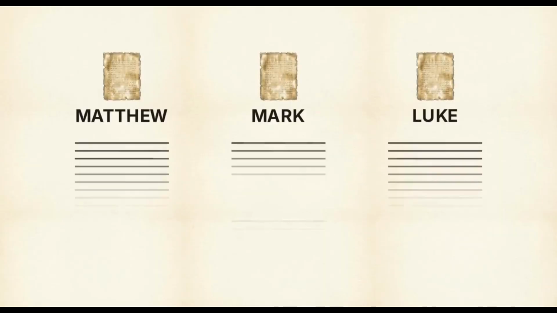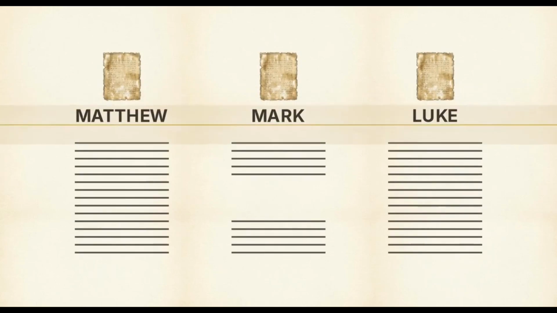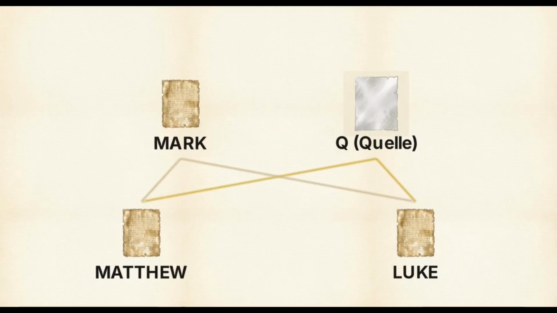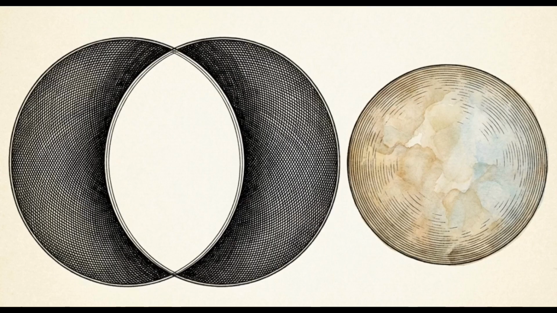There are roughly 200 verses of teachings shared identically by Matthew and Luke that are completely absent from the Gospel of Mark. This diagram introduces a second source document to explain that gap, called Q, from the German Quelle, meaning source. Q was likely a shared repository of sayings, either oral traditions or lost writings, bypassing Mark entirely. The existence of this Q source accounts for the verbatim textual agreements between Matthew and Luke in the specific areas where Mark provides zero data.